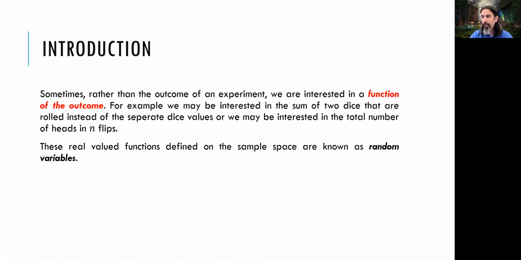Now, when we talk about random variables, we are talking about outcomes, but we have to talk about a function, a mathematical function in there. So the result should be something that can be mathematically defined.